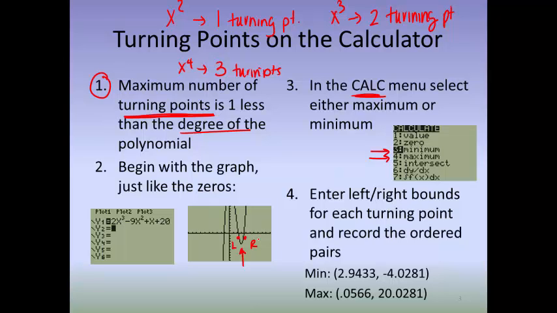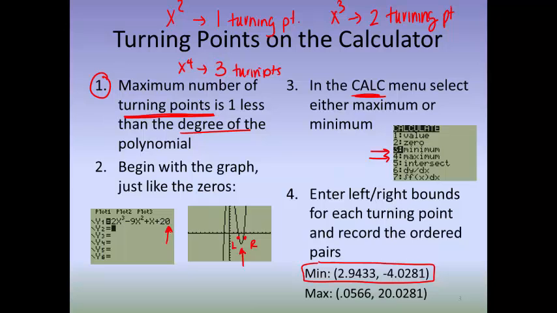So once you get to the left side, press enter, and then it asks you for the right bound. So arrow over until you're on the right side of it. And then when you're done, press enter on the guess, and it produced a minimum value. So it's actually telling you where the lowest point that you indicated is. So if there's more than one minimum, we would have to do this more than one time. So there's our minimum. Now for our maximum, I can tell that this graph is going to go as high